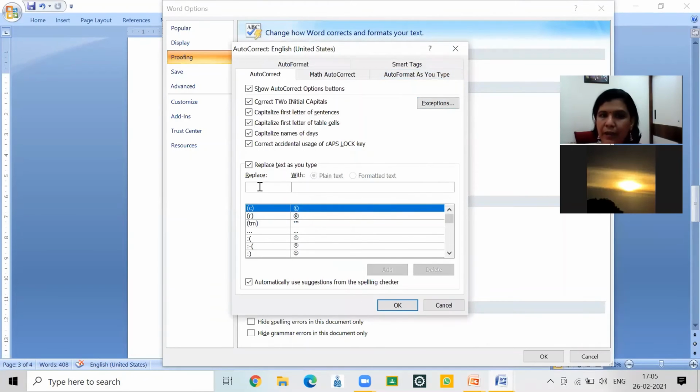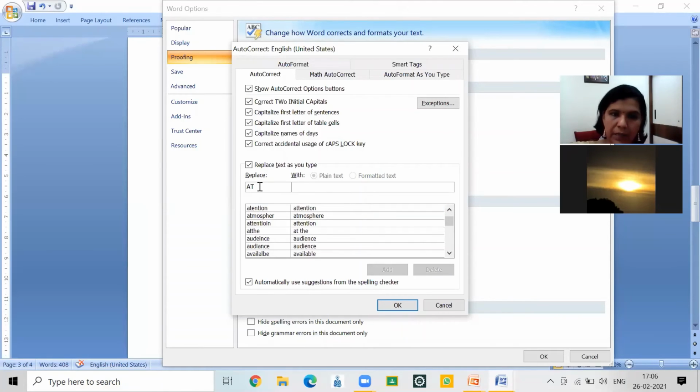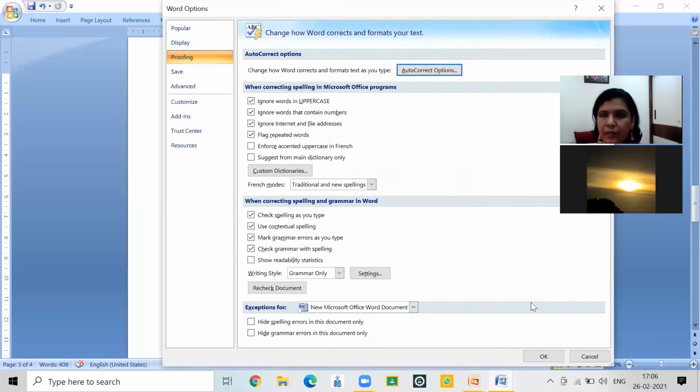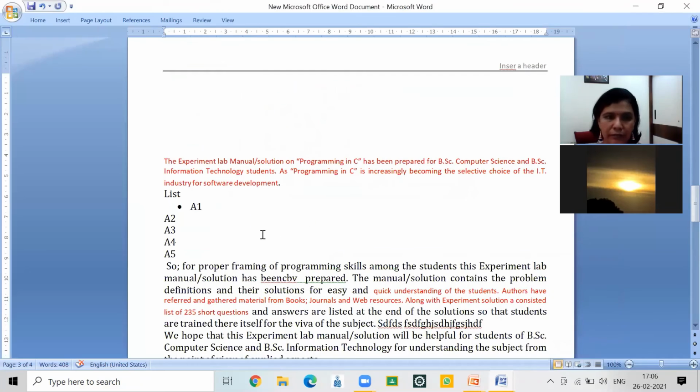There you will find this is the replace option available. In that I am putting ATM, and it is replaced with automated tailor machine. I'm clicking on add, and then clicking on OK.